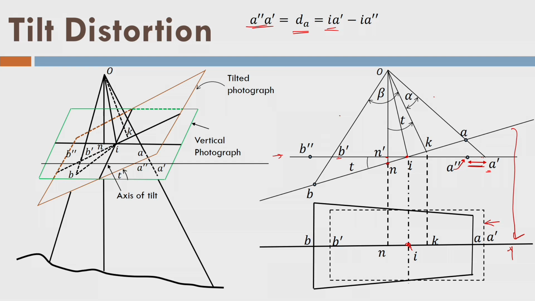Now, I know that I A dash is... Similarly, I can write for point B, right. So, B dash B is my tilt distortion in the point B, and I can write it I B minus I B dash here. Well, you are agreeing with that? Okay. Yes, here I have written I B dash and I B straight away, right. You will see I can also write here, instead of I B, I B double dash, the way I have written here. Why? Because of the rotation, this distance I B is equal to I B double dash.